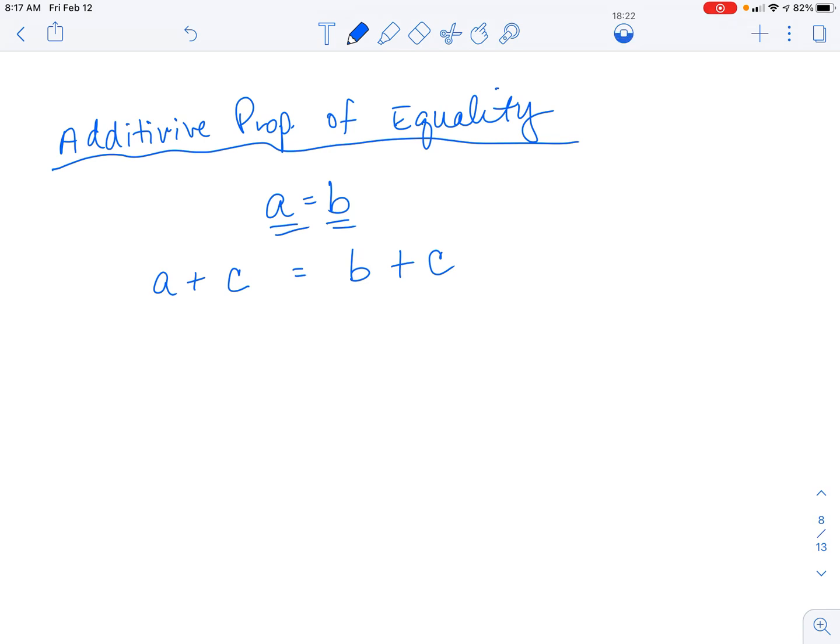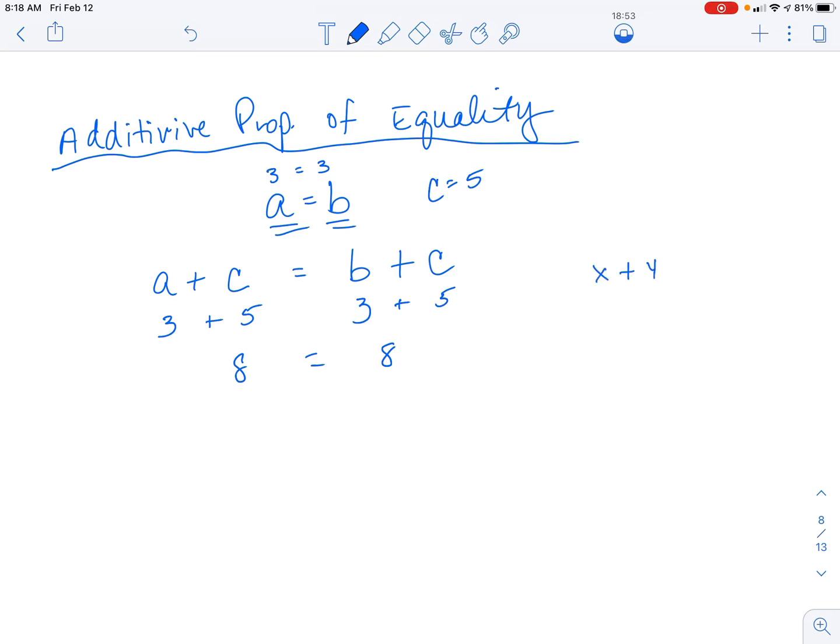I mean, you can test this. Let's just say that A happens to be, we'll set a value there so we can see it. Let's say that A is 3 and B is 3 because they're equal to each other, right? So if I put a 3 here, and let's say I add C to it, and I'll just make up a variable. Let's say it's going to be 5. I add 5 to that. 8 is equal to 8, right? So that additive property of equality, that's what we're actually using when we're moving our terms around in our algebra problems. For example,